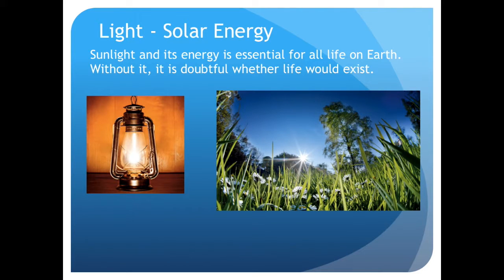We also use light energy to actually see, and we create that through various chemical and electrical means. There's a whole lot of ways that we do that, and a lot of the energy that comes out of the light is actually heat, and only a small amount is light. We've also got solar energy as such, solar panels to create electricity.